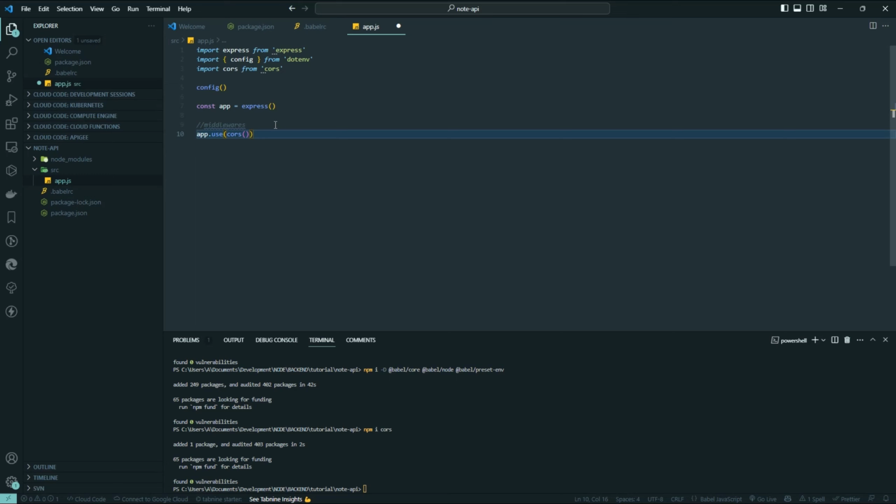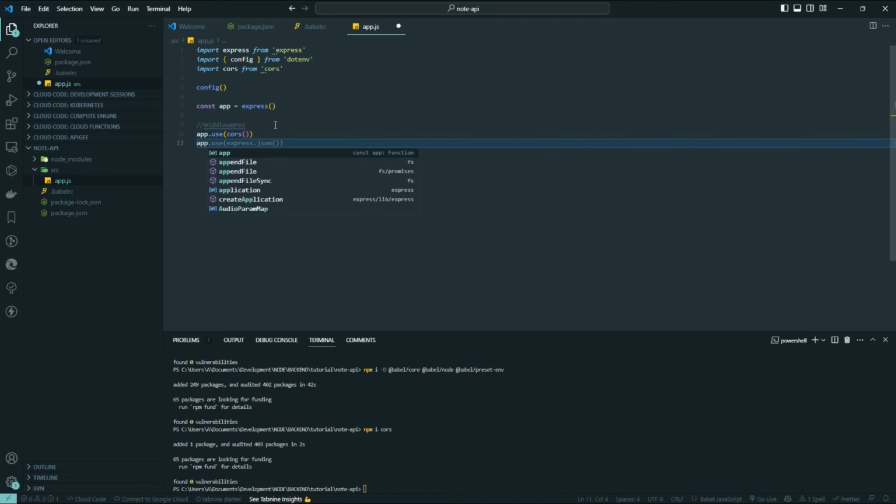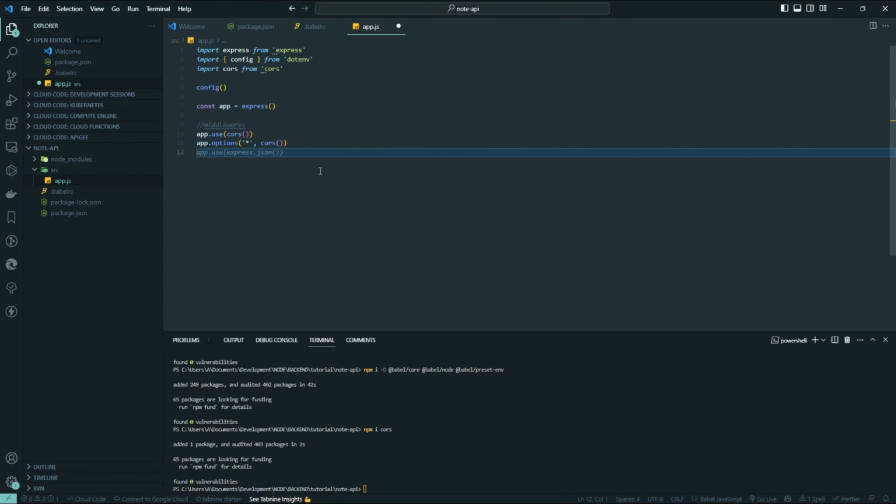Then I'm going to use app.options to set the options for cors. So currently I'm allowing all origins. I think I need to change this. I need to update that. So what I'm going to do is,